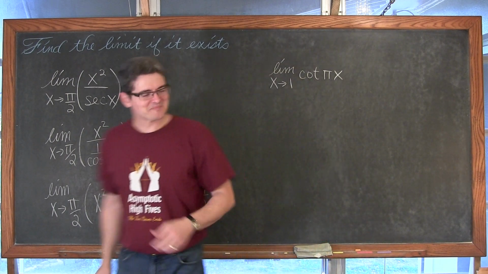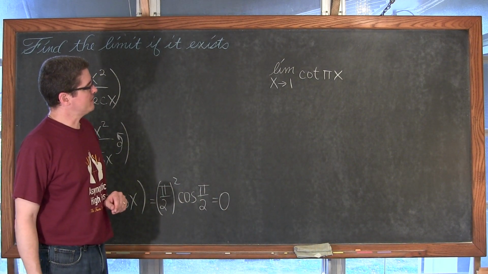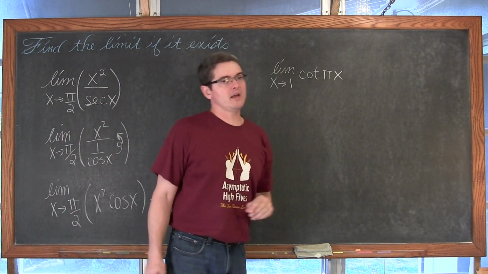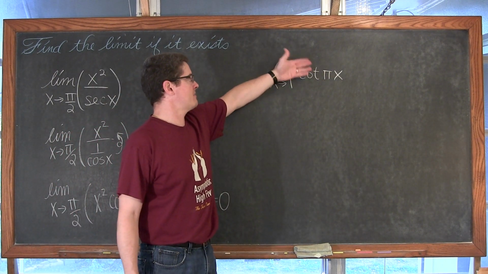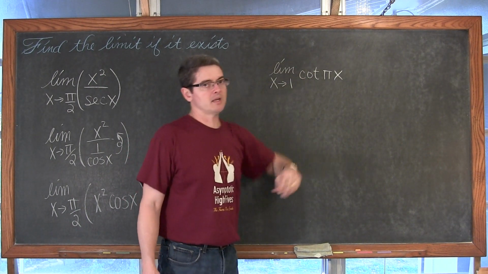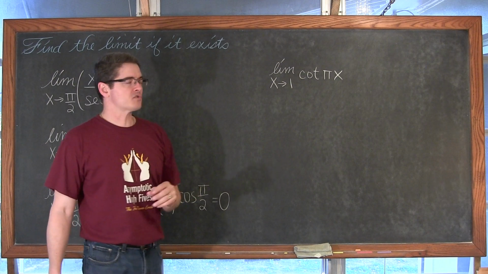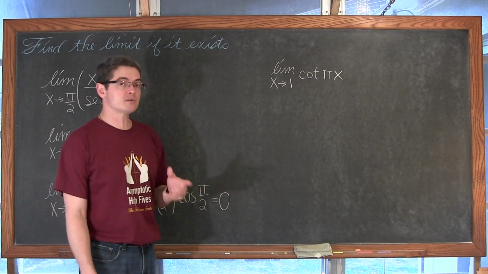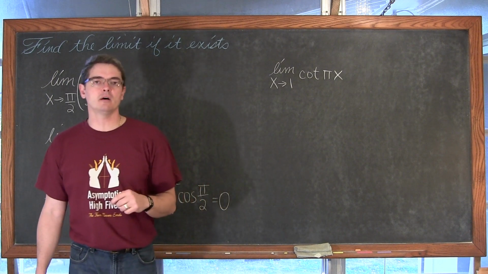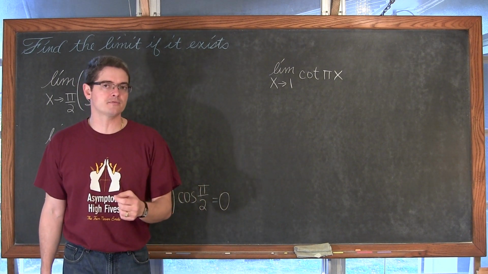All right, over here we've got the limit as x approaches 1 of the cotangent of pi over x. Now there's not much we can do here, except maybe I could write this as cosine over sine, but probably the best way to find this limit as x approaches 1 is simply to look at the graph. Well, remember, tangent and cotangent have a period of pi, not a standard period of 2 pi.